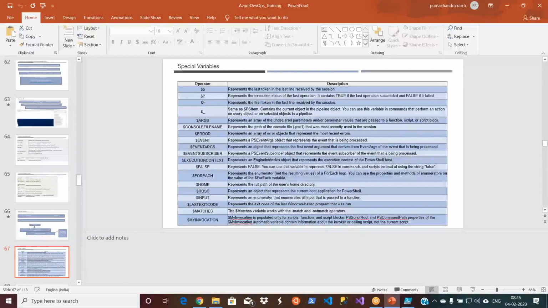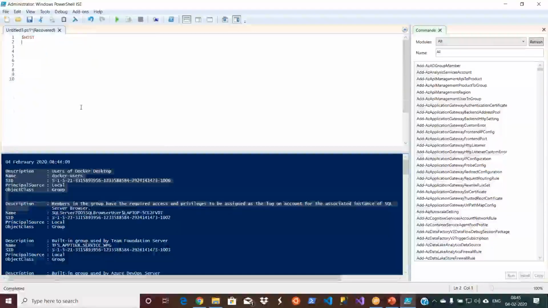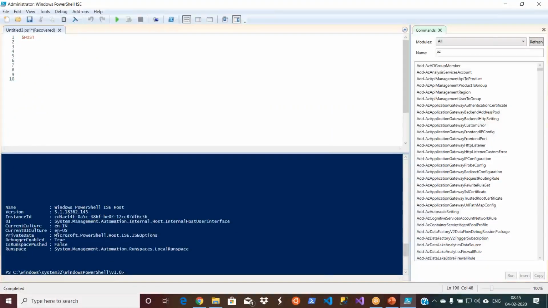Let us say I'm using the $host command, a system variable. Let's delete this. So $host will give me the host of my command prompt. Basically, I'm using the Windows PowerShell ISE, so it is giving me the information about my PowerShell ISE.